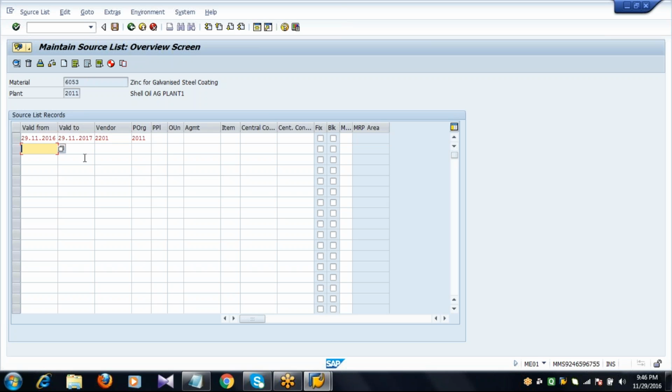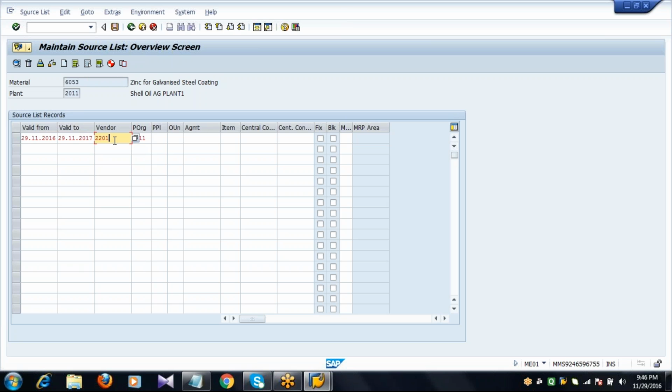Within the same period, if you want to maintain n number of vendors, you can maintain, or with a different period, you can maintain a different vendor or the same vendor. Now I am fixing the vendor 2201.